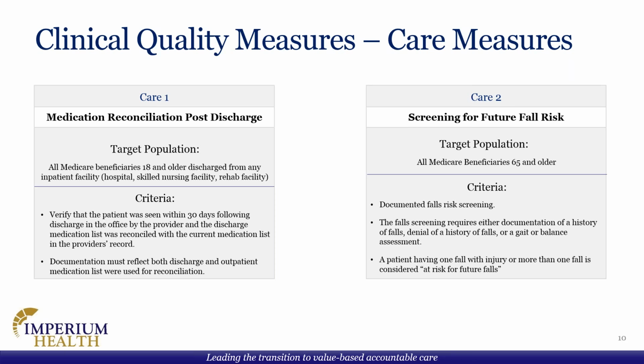So an exclusion for this measure is any patients who were assessed to be non-ambulatory during the measurement period. And that should be on the last date of service that you did that fall risk screening and diagnosed the patient as being non-ambulatory. For this measure, one of the things that you can do to help to be successful is to use some codes that will make sure that you're capturing that information through ACO Health Solutions. You can use a